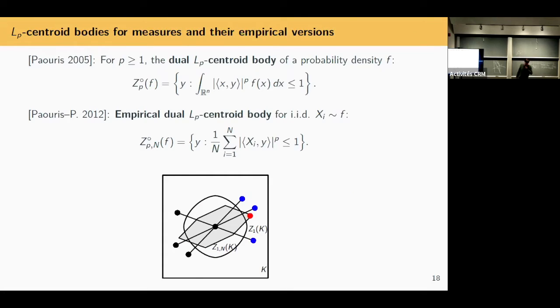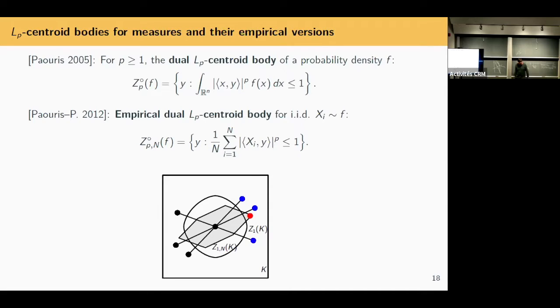Okay, so L^p centroid bodies I introduced as something you attach to a convex body or a star-shaped set. These things have also been attached to probability densities. This is also a fruitful line of research. For example, Grigoris Paouris, who is a collaborator on several of these longer-running projects with myself, introduced the notion of L^p centroid bodies that you attach to densities. For p bigger than 1, these are convex, so I can either write down their polars and write down the dual norm of these, or the bodies themselves. So you choose where you put the polar. Since I'm only dealing with polar objects in this talk, I put it here.